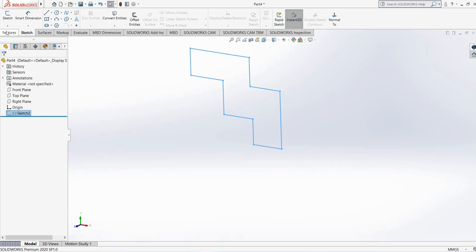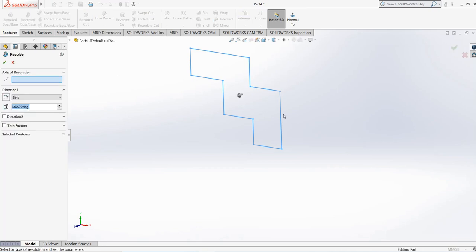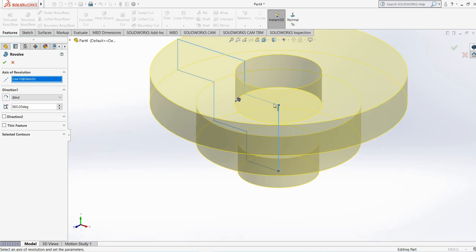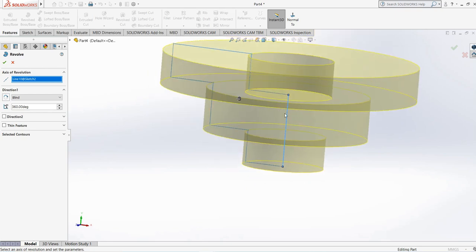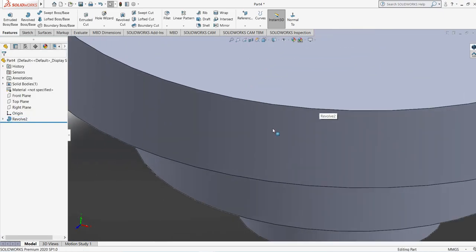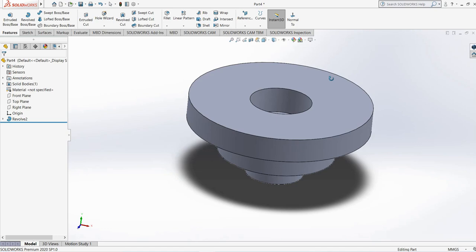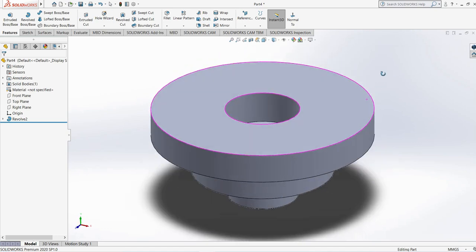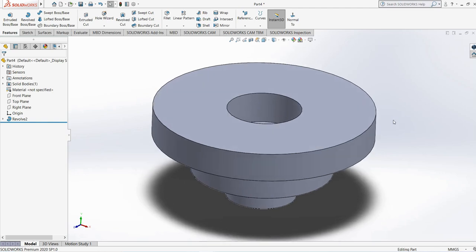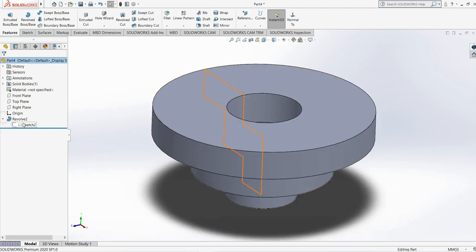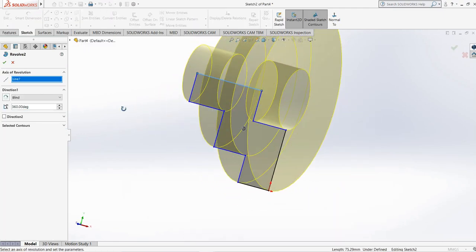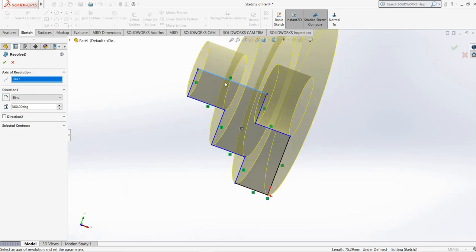A hollow one. So let's go for this feature again, revolve boss base. I will select this tool. You can see it from here. This one is closed because the edge is joining here, so it will be solid, but we have a hole feature here. So it totally depends on you how you are taking it or where you want it to be. It'll look like this. Okay, or what we can also do, let's go for this revolve tool. We can select this loop also. So you can see now we have this hole, and it is looking like this,